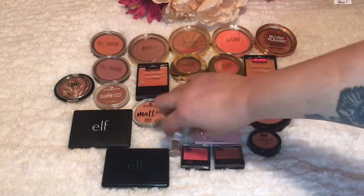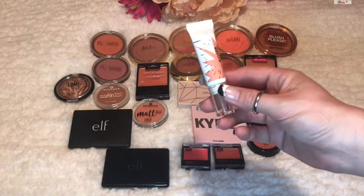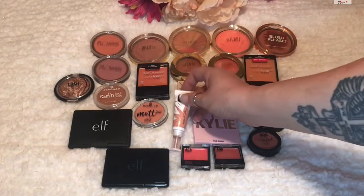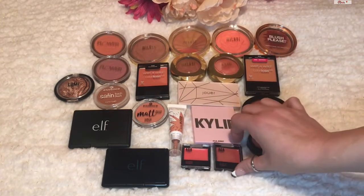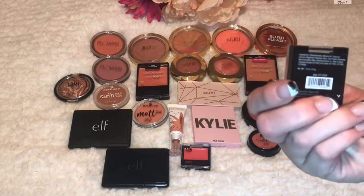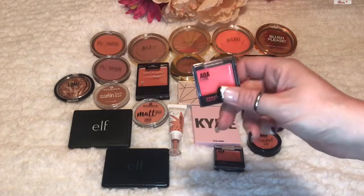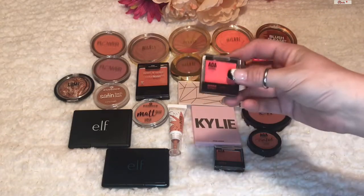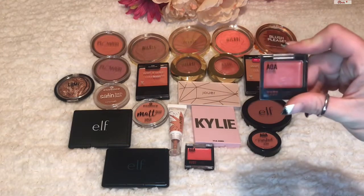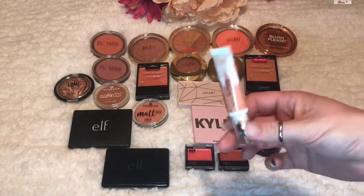The Blush Bomb from Flower Beauty is really nice, it's just really faint. You have to definitely apply a couple layers of this if you want to see any type of opacity, because it's really sheer. And then I got these ones from Shop Miss A, which are AOA cream blushes, and this one is in the shade Cozy. And then this bright pink one is in the shade Passion, and these are only $1. And they are really quite beautiful. You just got to warm them up with your finger, and they do apply very nicely. And then I forgot to mention the Flower Beauty one is in the shade